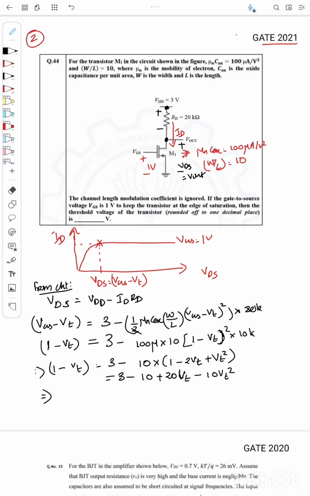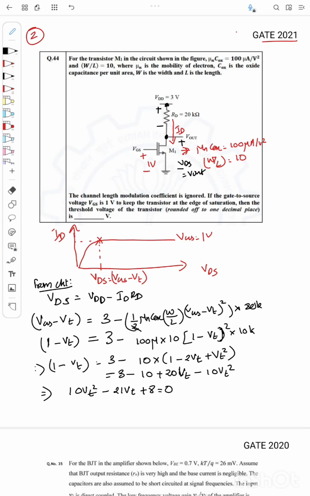If I bring the RHS to LHS and rearrange, I will get 10 VT square minus 21 VT plus 8 equal to 0. So it's again a second order